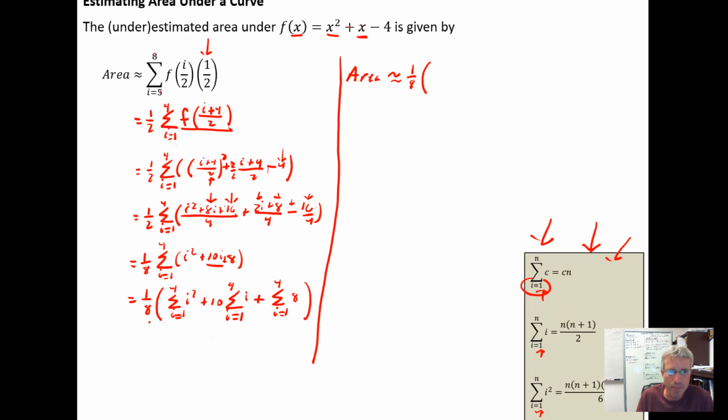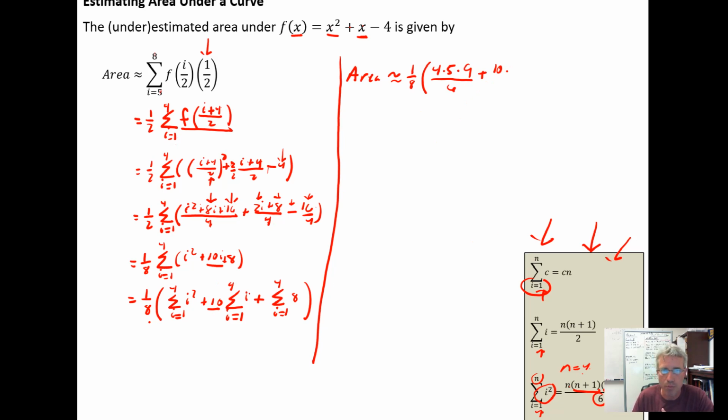So the sum from i equal 1 to 4 of i squared, well, if n is equal to 4, I just plug 4 in everywhere I see an n in the summation formula, so I'm going to get 4 times 4 plus 1 is 5 times 2 times 4 plus 1 is 9, and it's all over the 6 in the summation formula, plus I have 10 times,